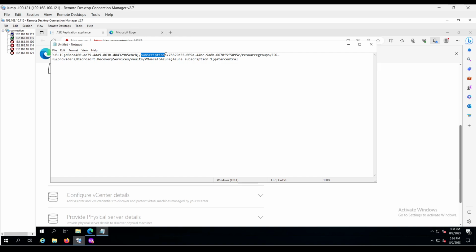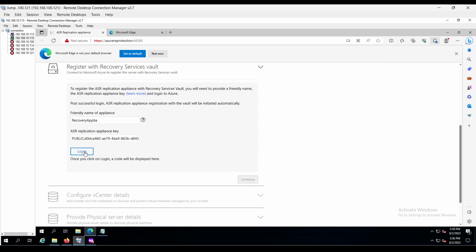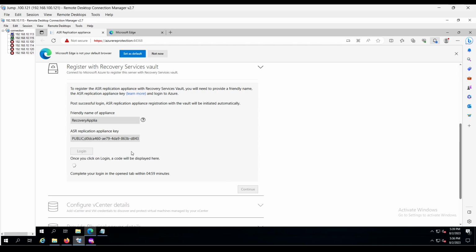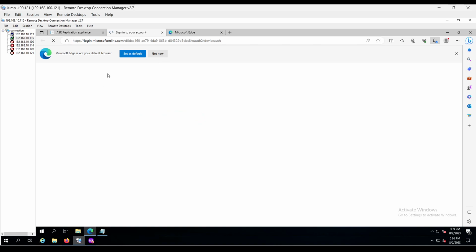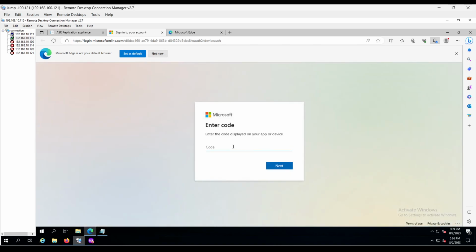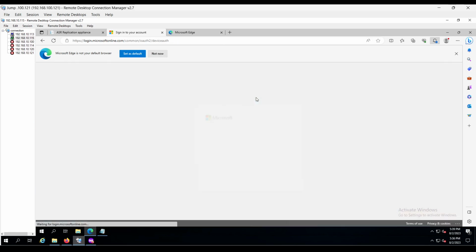It will give you the information about your subscription and the resource group which you have created. My resource group is FOCRG. The provider is Microsoft Recovery Service Vault, and this is the vault name, and this is my subscription, and this is my location. So this is what we are going to use for replication. So just copy it, and it will automatically sign into your account. Just paste this code here, which you just copied from the previous window,